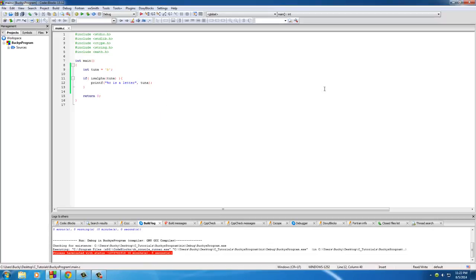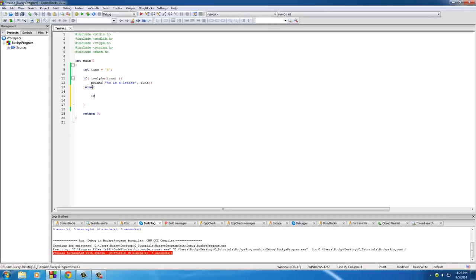Now you know how I told you guys that you could use ints and characters interchangeably? Well, this is another one of those examples. We declared B as an integer value, but then right here we didn't use %d, we used %c, which means print a character. So that is one of those examples where ints and characters are being used interchangeably. Pretty confusing at first, but you guys are going to get used to it. So after this, I'll show you guys another cool function,